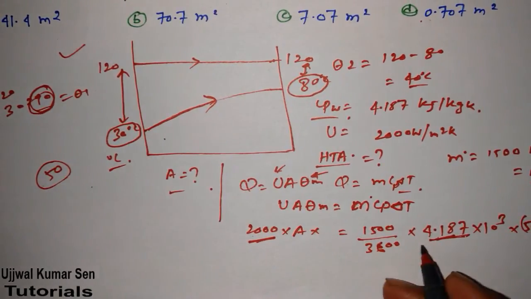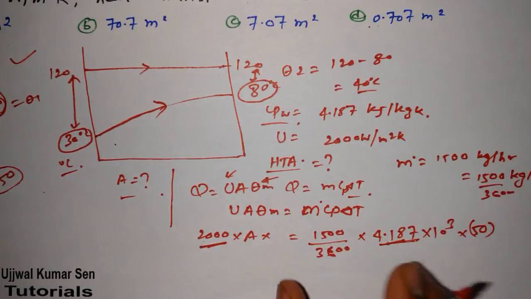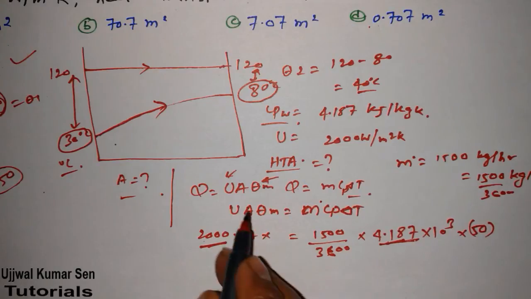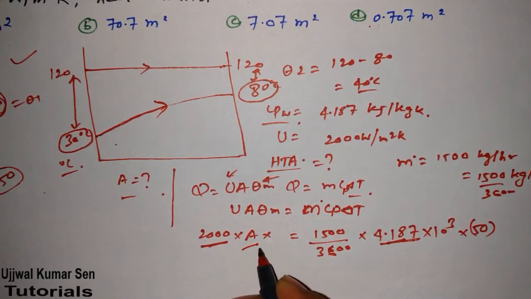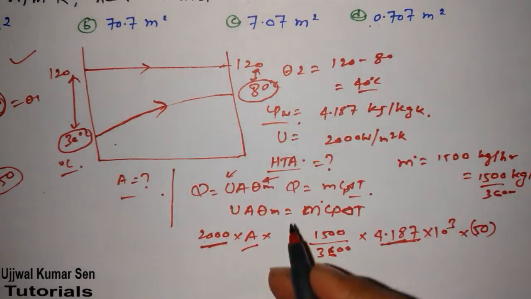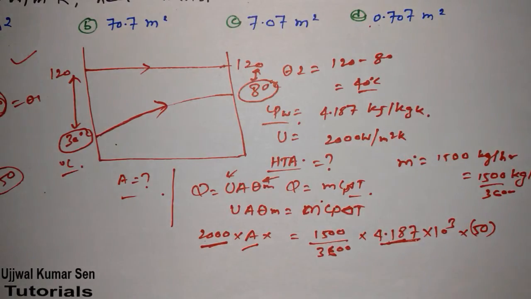So what we got, basically, is that all values now totally depend on theta m. To find out the heat transfer area, we have to find out theta m. Without finding theta m, we cannot solve the question further. So we need to know